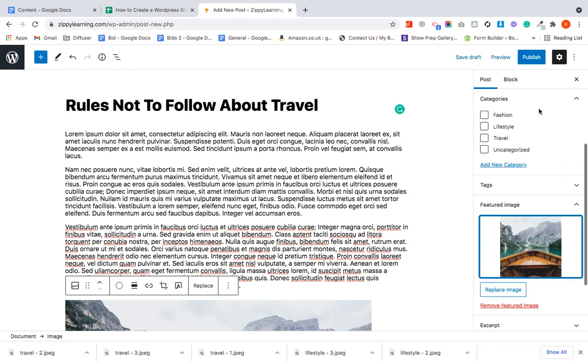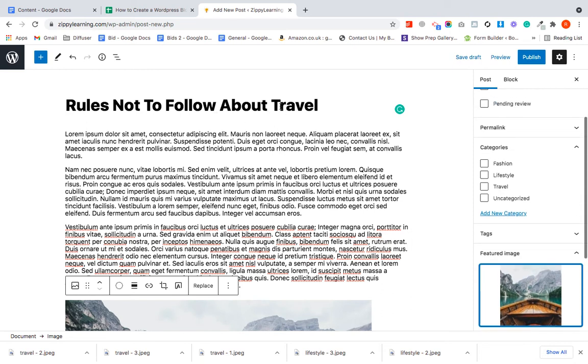So now let's talk about the categories. This post is about the travel category, so I'll just select travel. If you want to add a new category, you can definitely add it from here, or the way I have shown you already. And if you want to add the same post into different categories, you can definitely do that as well. For example, I'll just select the travel and lifestyle category here and hit publish, because we have